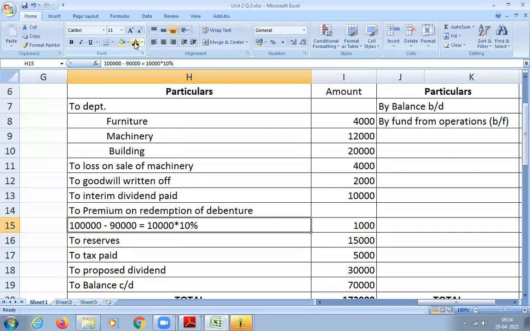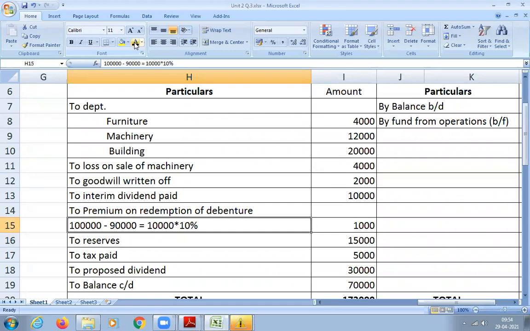Yes, sir. And normally we don't write the redemption in the adjusted P&L account because it is not a revenue expenditure. Okay, it's a capital expenditure. But premium is a capital revenue expenditure because they have to pay something extra than whatever they are supposed to pay. Clear? So that you can write here. Any return premium or discounts that you can write here. Okay.